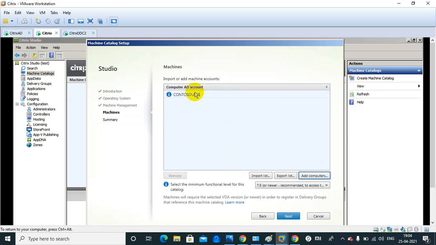This is your master catalog server, and the VDA has never registered with the delivery controller, so no information is available. It means in this server we have not installed the VDA file or VDA application. That's why it's showing the blue icon. Once the VDA is installed on this server, it will show you the green check, like this.